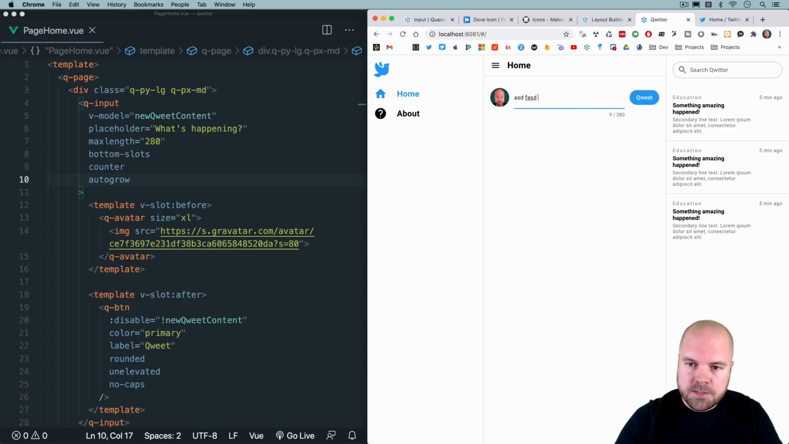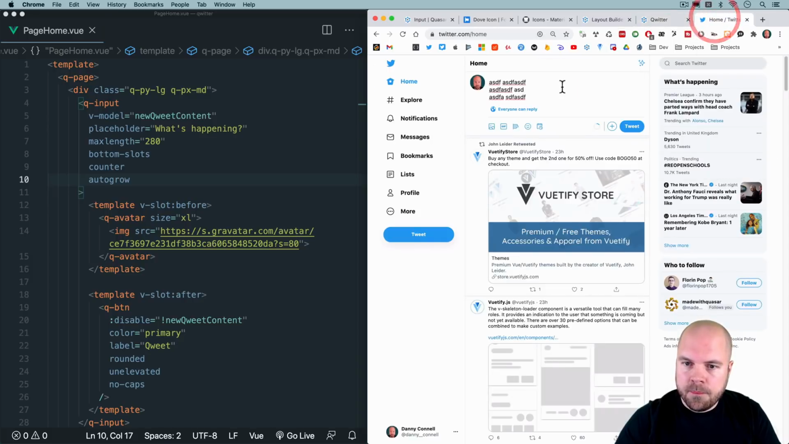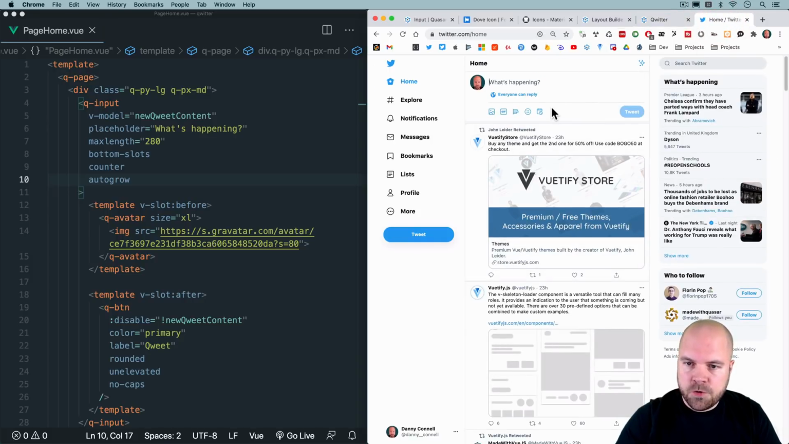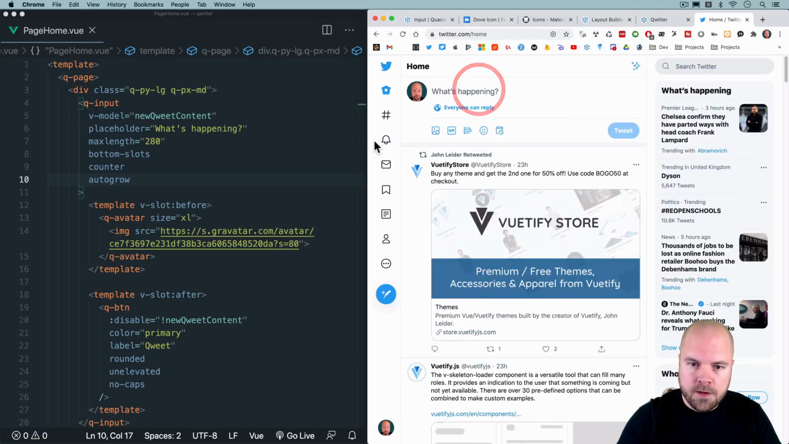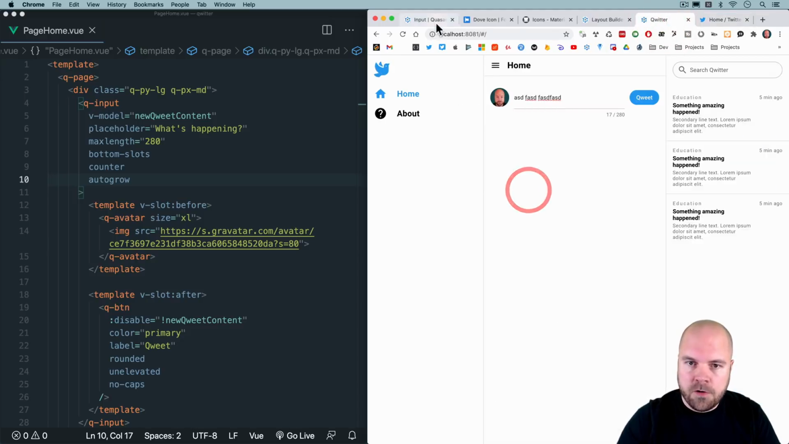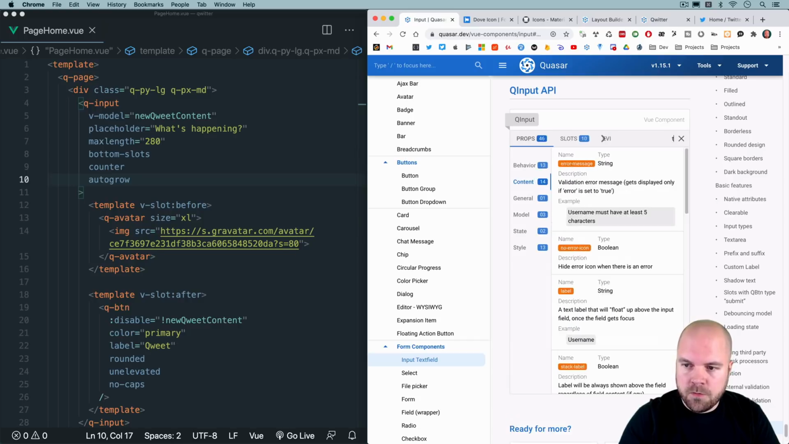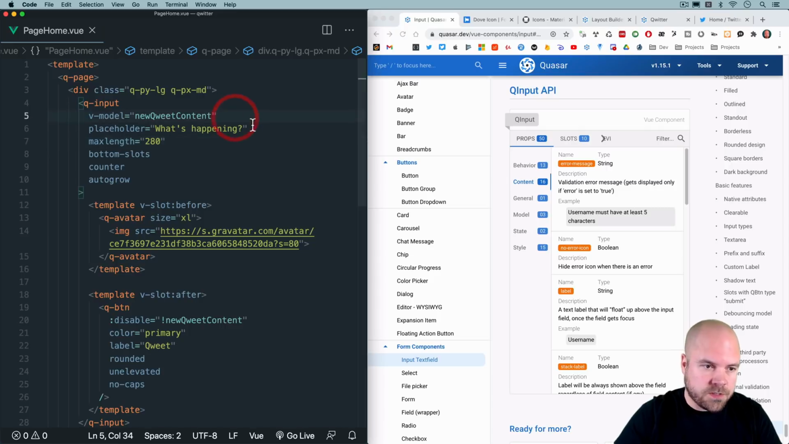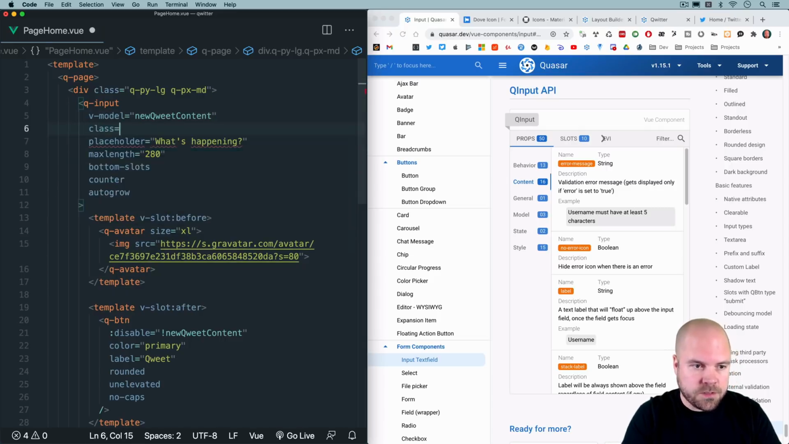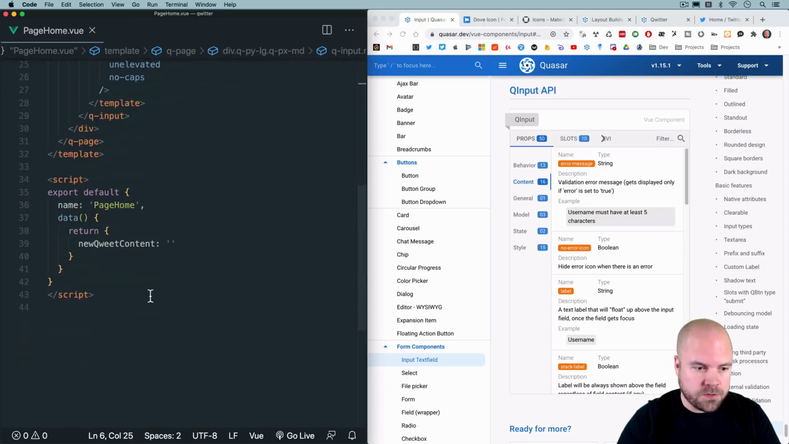And I'd like the font size in this input to be quite a bit bigger. I'm actually zoomed out of the Twitter page here, but if I set the zoom to normal, then you can see the text in this field is quite a lot bigger. And unfortunately, there's no size prop or text size prop available for the Q input. So what we'll do is add a class to our Q input and add some custom styles. So I'll add a class to this Q input of new-queet, save that, jump down to the style section, which